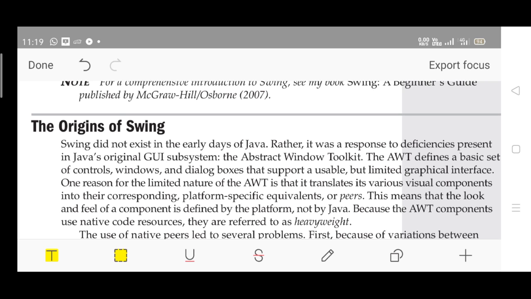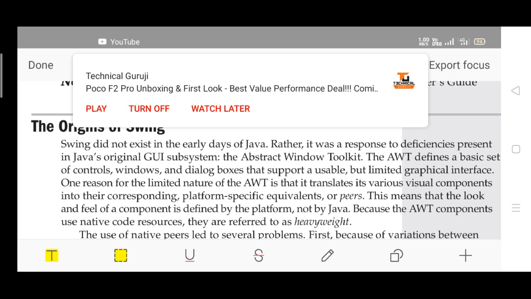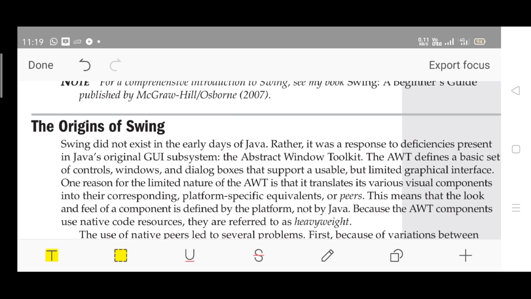So swing is a very, very simple and interesting topic, guys. It is simple because it will have a similar structure. Most of the statements in the program will be the same for most of the examples. And it is interesting because we are familiar with it, and you can visualize how it looks. See, if I tell you check boxes, you can visualize how check boxes look, isn't it? If I tell you about an icon like a submit button, how does it look? And once submit is pressed, what will happen? Some action will be taken, right?